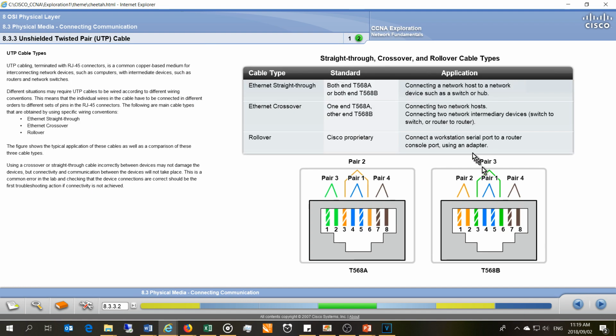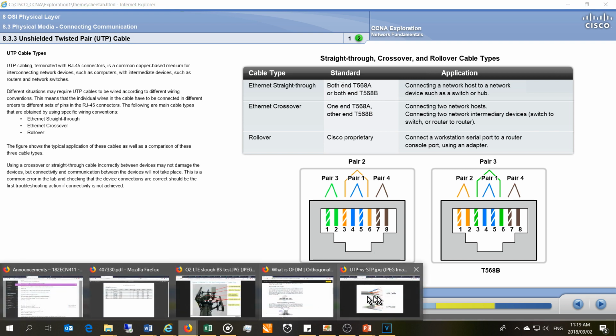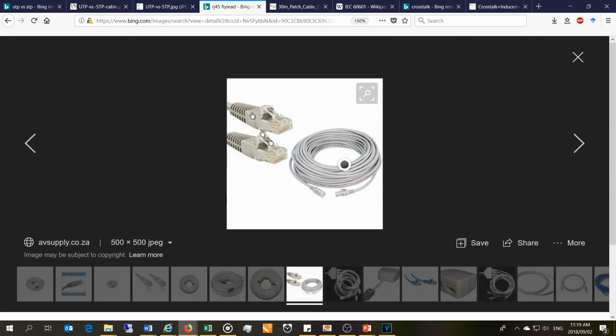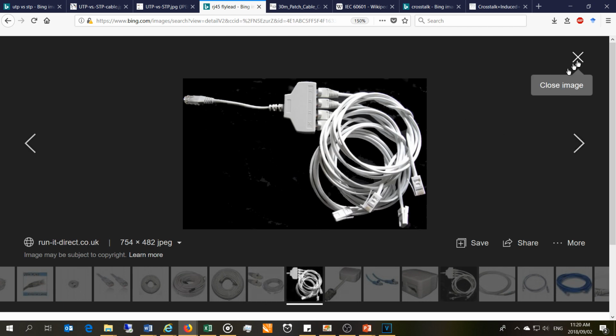Now, there are 2 standards here. There is the T568A and the T568B. For the most part, we only use the 568B standard now, and that is the orange white, orange, green white, blue, blue white, green, brown white, brown color pair. So that means that when you are making your cables, you start with pin 1 as orange white. Now, many people are not sure which is pin 1. Now, I do have a video of this, and just to put your mind at ease,